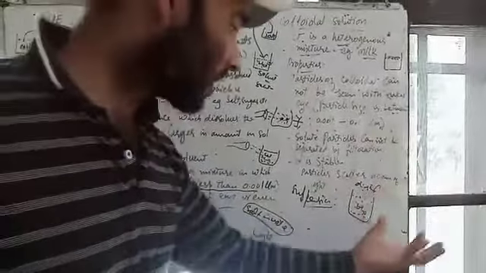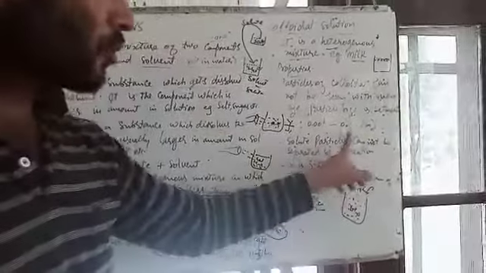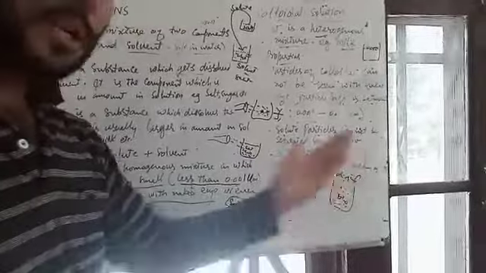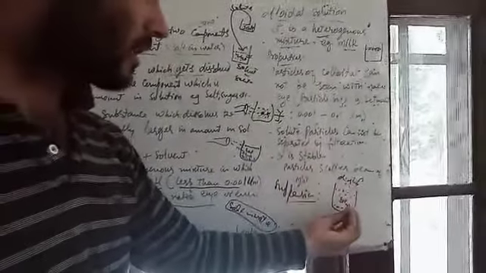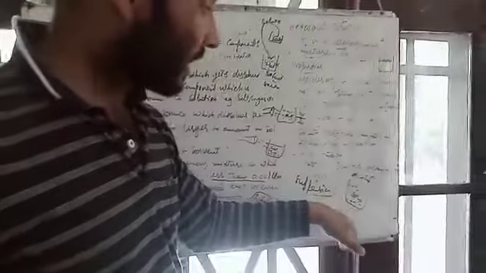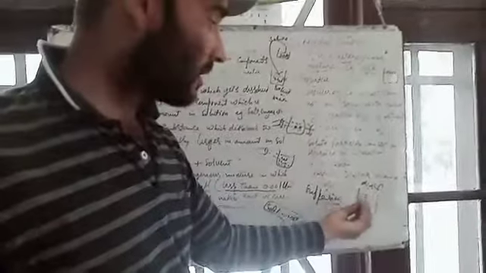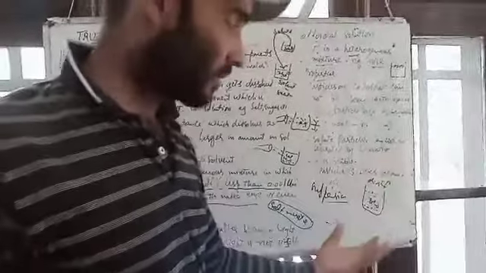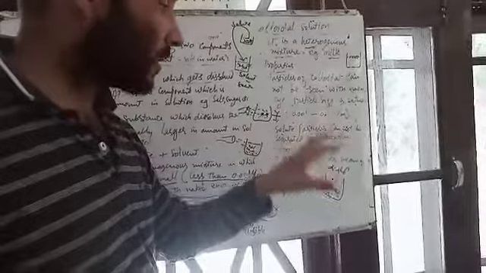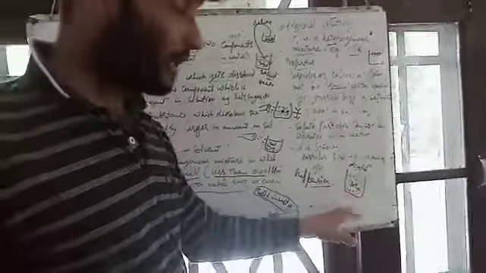Particle sizes are very large in a suspension, more than 0.1 micrometers. The suspension can be filtered, so the impurities, or solute particles, can be separated out. It is unstable, which means the large dust particles will settle down at the bottom of the glass. It can scatter a beam of light, and we can see the path of light through the glass. This was all about the colloidal solution.